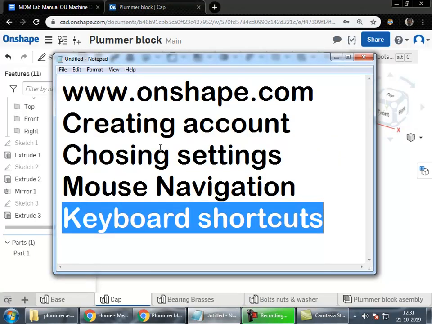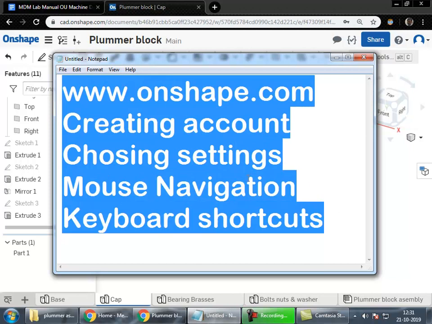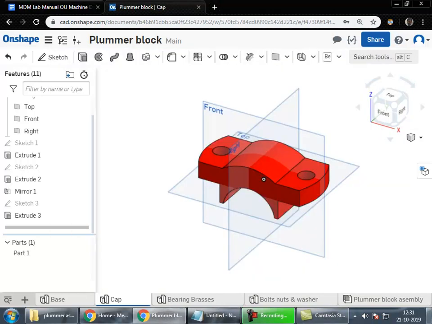So I think I've covered almost all the topics required for introduction to Onshape. And this is a software which you can use on your desktop as well as on your mobile. Mobile app is available for Android as well as iOS. You can just go to your respective app stores and look for the Onshape app, install it, and you can start using it. I've created some videos using the mobile app as well, and you can check them out on my